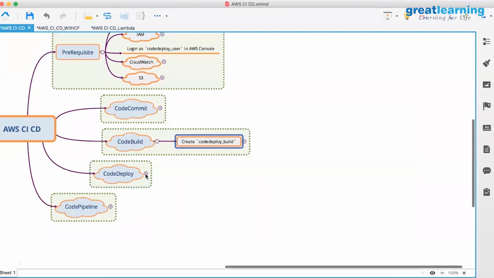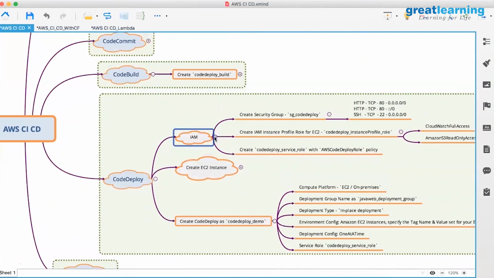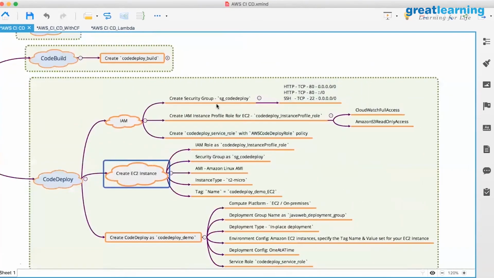The next one is the CodeDeploy project configuration. You might be familiar with the details of creating an EC2 instance, so let me not talk about this. These settings have the information about that, for EC2 instances, what security group it should have. If you remember, for debugging you need SSH access, and to browse through the URL you need HTTP. So I'm leaving it open to the world. It's not the recommended way, though. You might want to restrict to a specific subnet, so do that too.